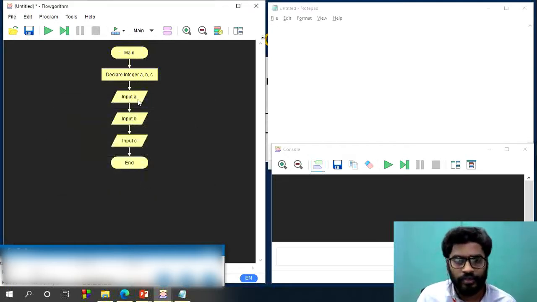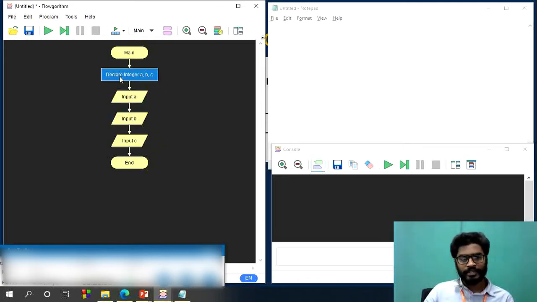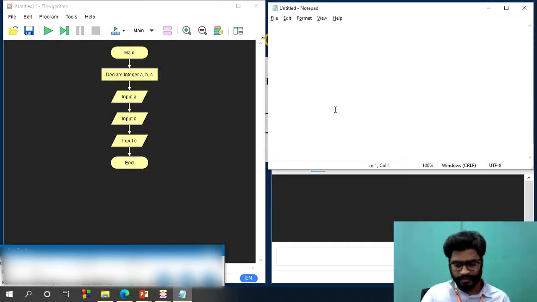So for finding the roots of a quadratic equation, you need three inputs: read A, B and C. Before using these variables, you must allocate space for them. So the first step in this algorithm is to declare variables A, B, C, and then read those three inputs.